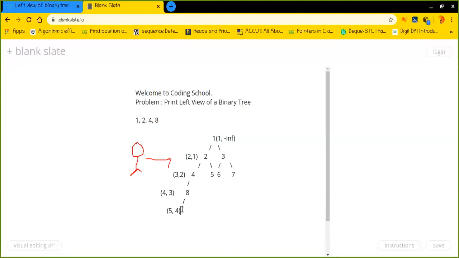But as this particular node is not available, I mean it is out of the binary tree boundary, or we can say this is a null node, we will simply return to its parent from where it was called. So we're not going to print anything, because there is no data available.